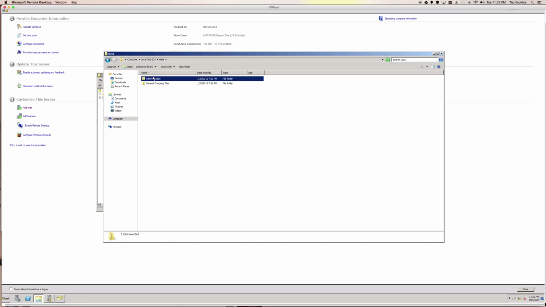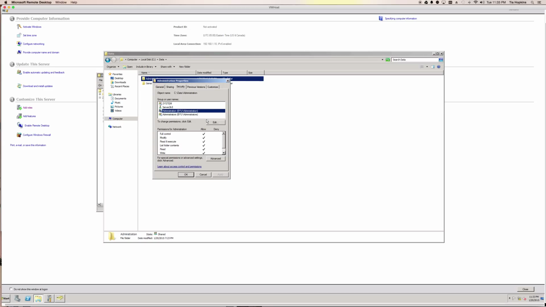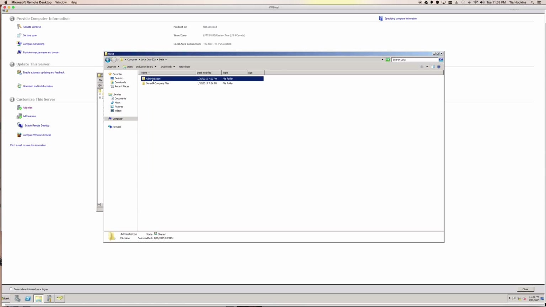Okay, so here we have the administration folder, which obviously only people in the administrative group will have access to. So look at the security tab here. We see that all the administrators as well as the administration security group have full access, full control over this entire folder. So any user in that group would be able to access this folder and any subfolders within that folder. For general company files,